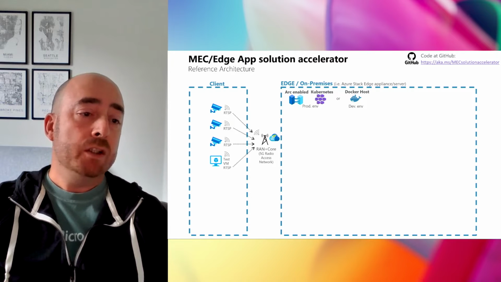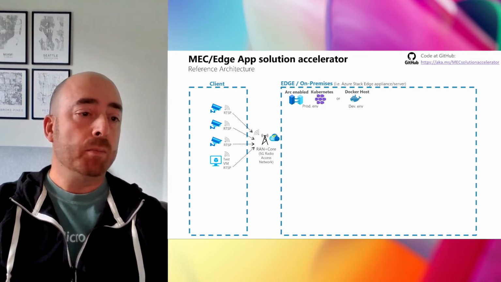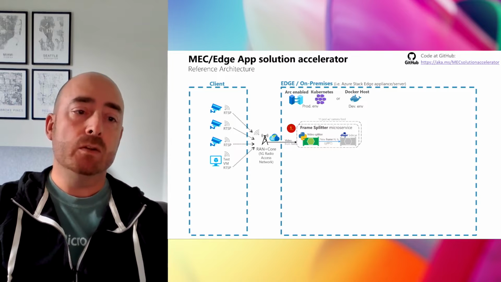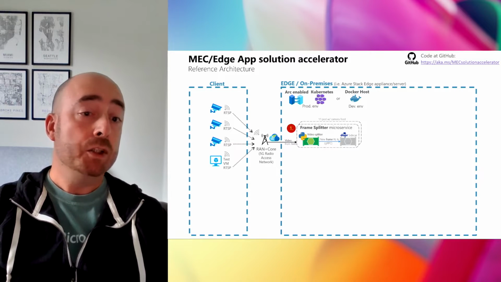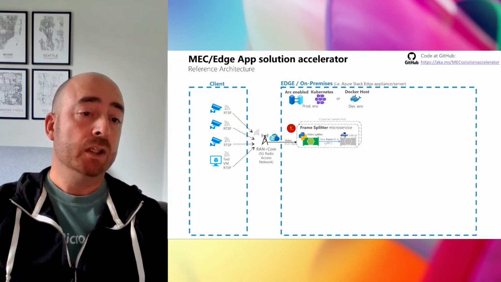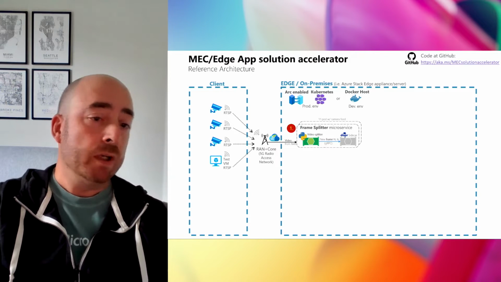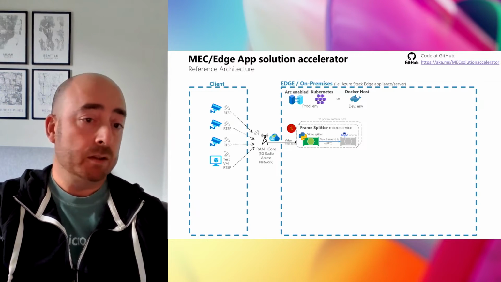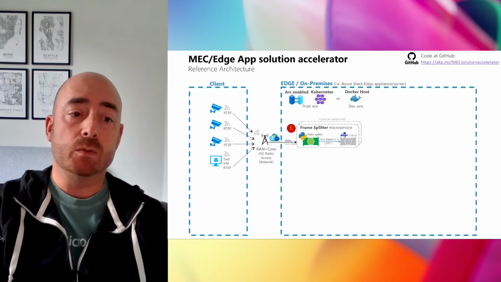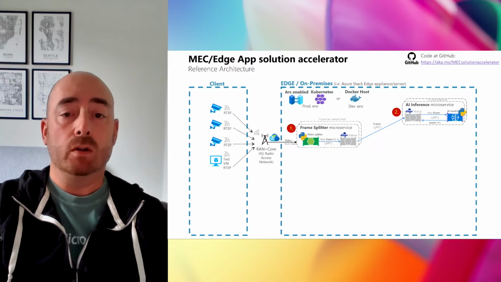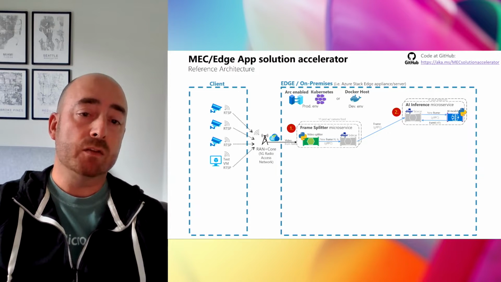So you are getting that video through any network. In this example, it's 5G, but could be any network. And then there's a microservice that we call frame splitter. It's taking that video, splitting it into different frames, using Dapr for the communication, so we can communicate with gRPC very easily, or HTTP, but probably it's better performance and lower latency with gRPC. So we will send those frames to the model, and that model is running in another microservice,